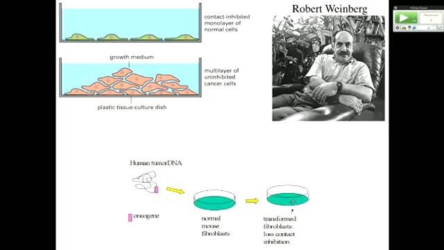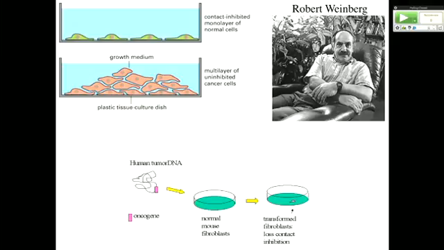And so what he did was he took human tumor DNA, which presumably, hypothetically, contains an oncogene in it, which is why it's a tumor, coming from a tumor. And he introduced the tumor DNA into normal fibroblasts, which grow contact inhibited, attached to the dish, anchorage dependent. And he looked for cells expressing the human DNA that would now grow as cancerous cells uncontrollably in 3 dimensions